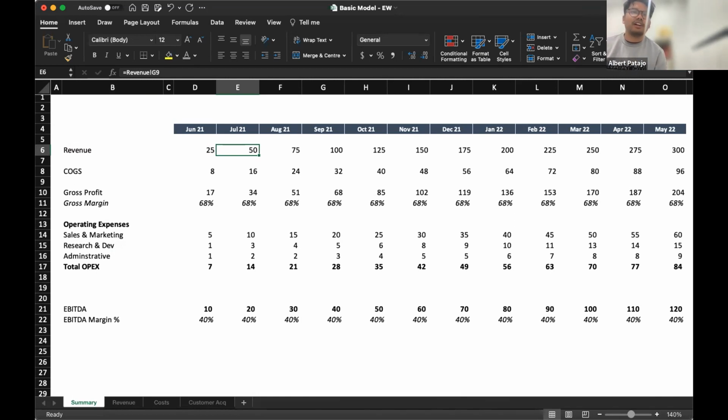So EBITDA stands for earnings before interest, tax, depreciation, and amortization. It's a measure of profitability that's used in a lot of financial reporting to understand the profitability of a company, taking out these key things: interest, tax, depreciation, and amortization.